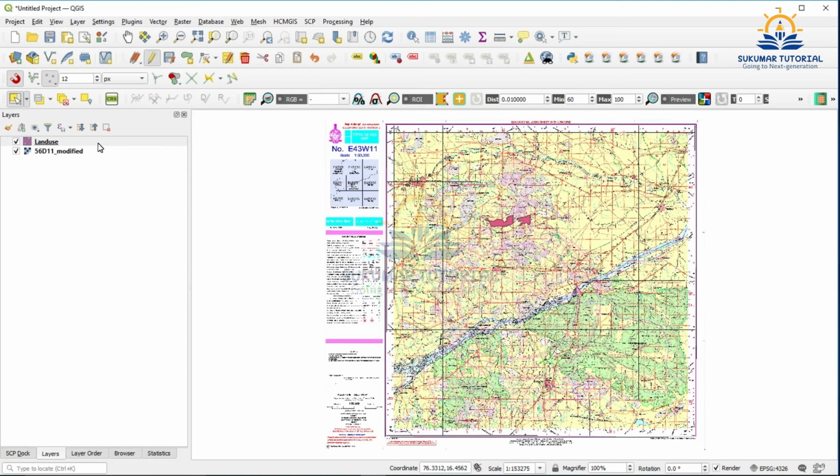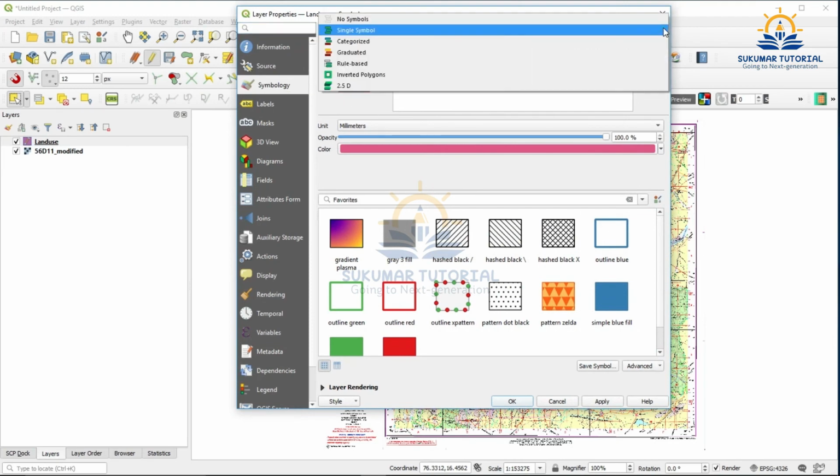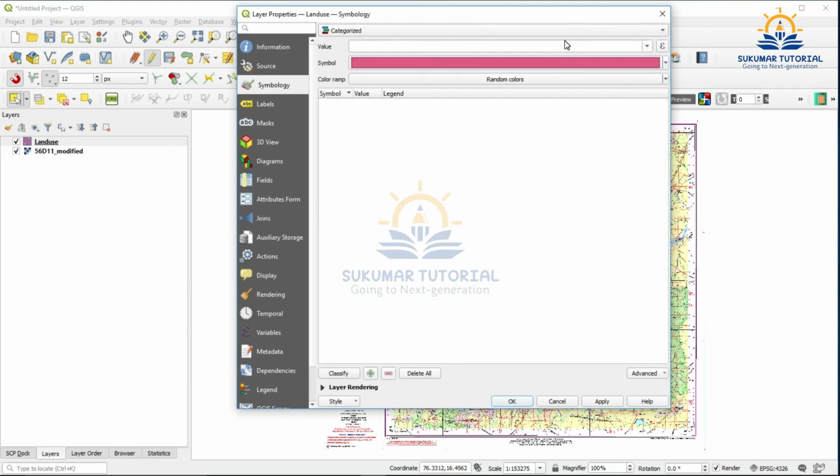As I told you earlier, you can also change the colors. So I'm just going here, clicking this land use, and then right clicking, go to properties, then selecting the symbology. The symbology, instead of single symbol, I have to go to categorized, because I have given one ID for reservoir, another ID for stony waste. So you have to go for categorized. Then in the value column, we separated features by means of ID. So you click the ID. Then come to bottom left, classify.